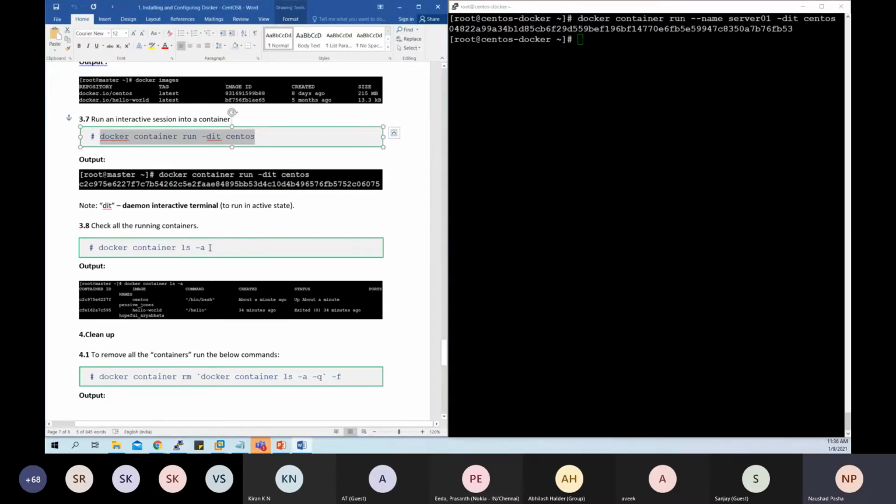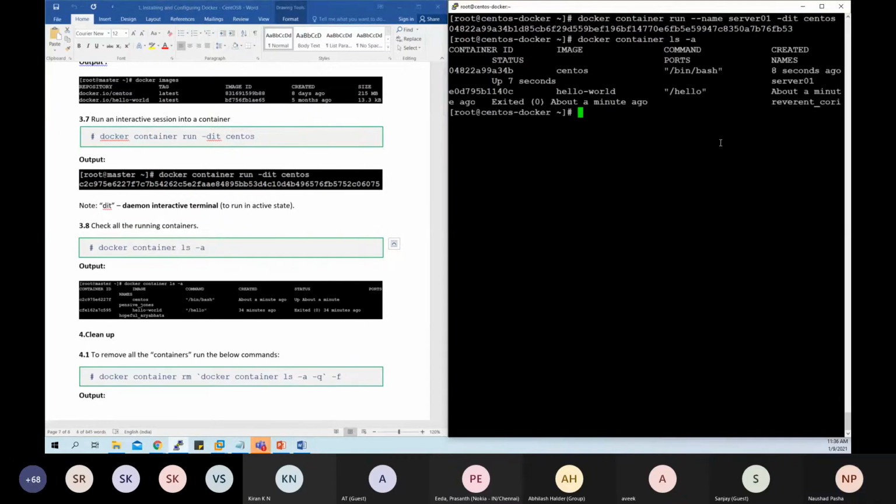So now there are two containers. The one that we named, and the other one that got randomly named. If you don't name a container, the container will still be named with two dictionary words divided by an underscore, a random name. That is how the naming is.